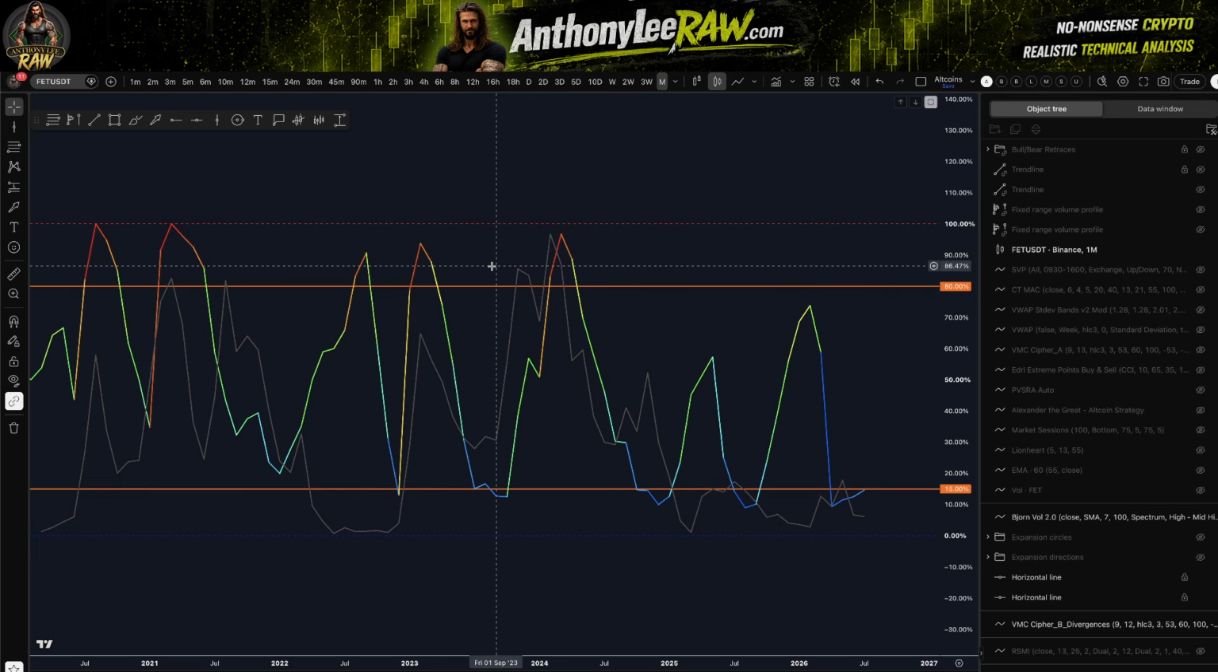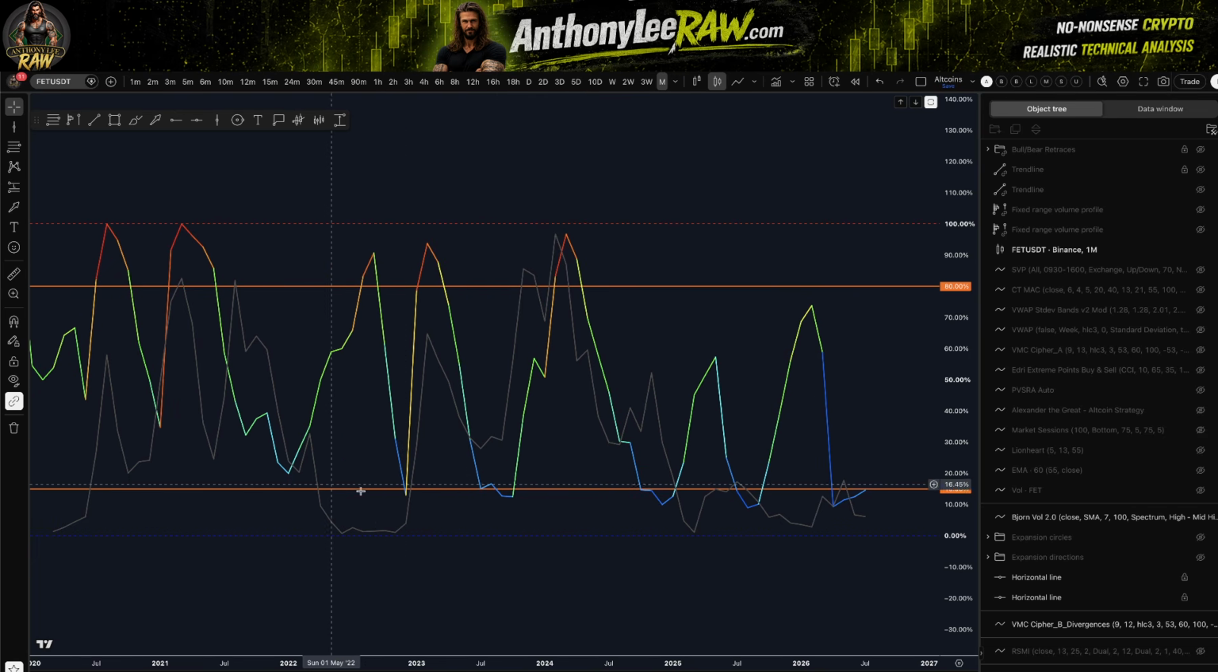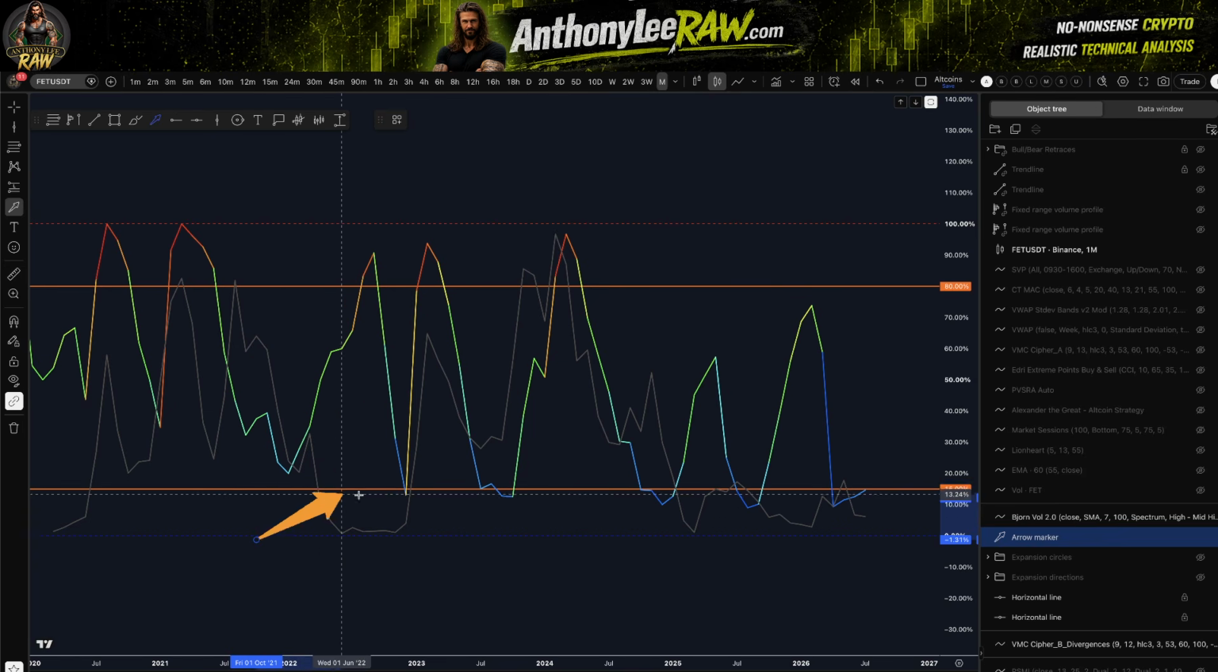Back to Fetch. All right. So this lower orange line here is the 15th percentile. I've put this on here. Anytime it dips below that, it's called volatility contraction. When it comes back up above it, it is called volatility expansion. I'm talking about the multicolor line. The dark gray line, which you can make any color you want, is stochastic. When volatility comes below to contraction and then back to expansion, that is when the biggest moves possible can happen,